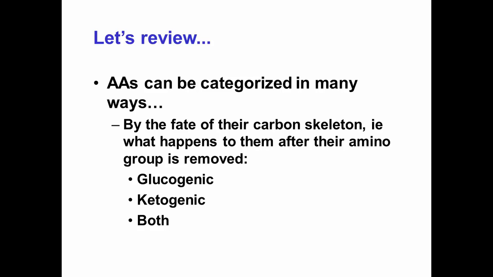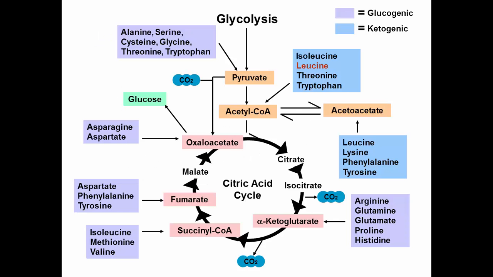All right, so I think I will just show you how my little diagram here works. I've got blue; I've tried to code this a little bit. I'm not going to have you memorize this, okay? That's the good news. But you need to know that amino acid carbon is really important. We need it, right? And under certain conditions, we're using it to make glucose. You've learned about gluconeogenesis.